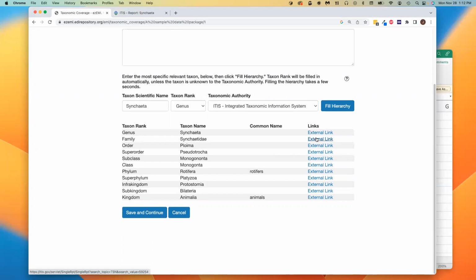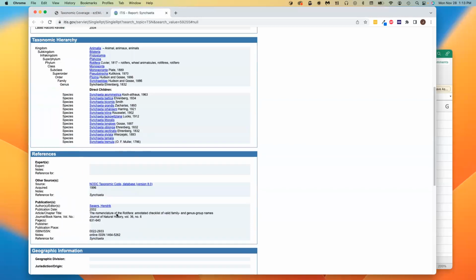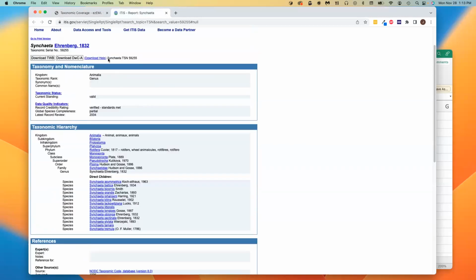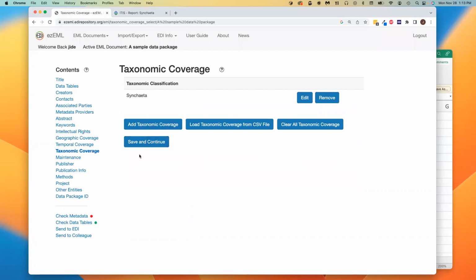And associated with each, if there is a common name, the common name is filled in, and there's a link at each level to the information at that taxonomic authority. So for example, if I click this link for the genus, it takes me to a page on IDIS which has all the information for that genus. So that lets me do a sanity check to see that it's really finding what I expect it to find. This looks good, so I will say save and continue, and now we have that taxon